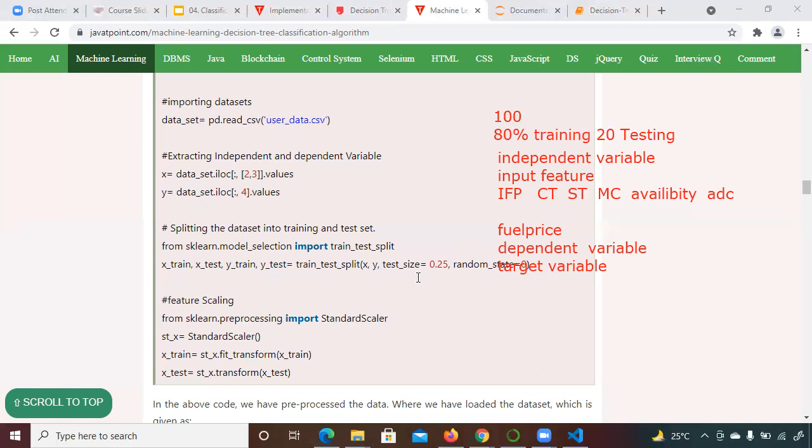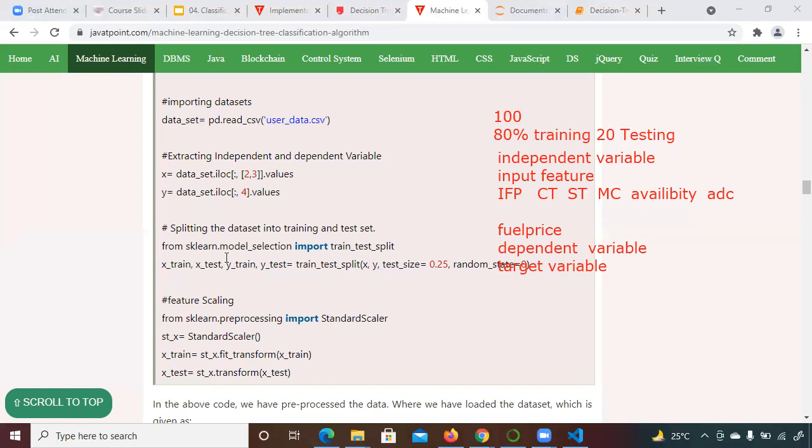Just for example, yesterday I explained the different phases, training and testing, right? And I told you in real life it also happens. We learn a lot of things before an exam, but in the exam we just have to write for 50 marks or 100 marks, right? But for that we prepare for 1 month, we prepare a lot of things. A similar thing happens while training. We train with a lot of data, but while testing we test on a few data so that we can find out how accurate our algorithm is.